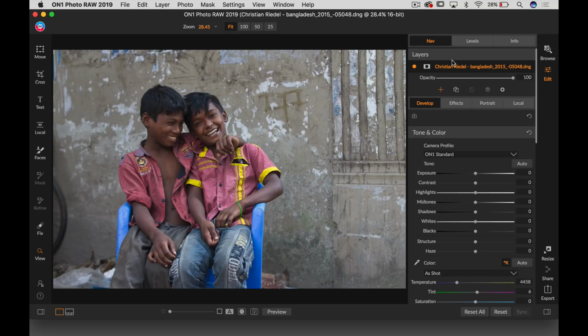Some cool things that we can do, especially here in Develop, when we can start to add layers. So I love this photo. I love it compositionally. I love the color, and the most important part,